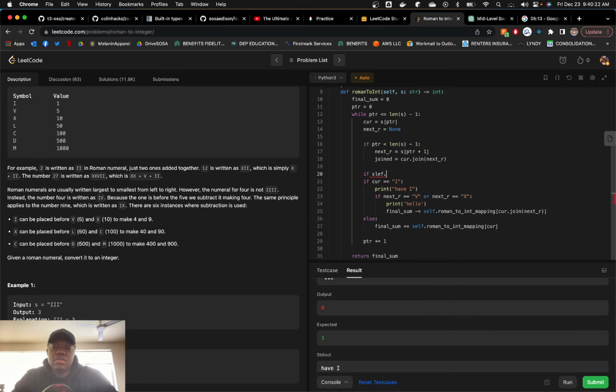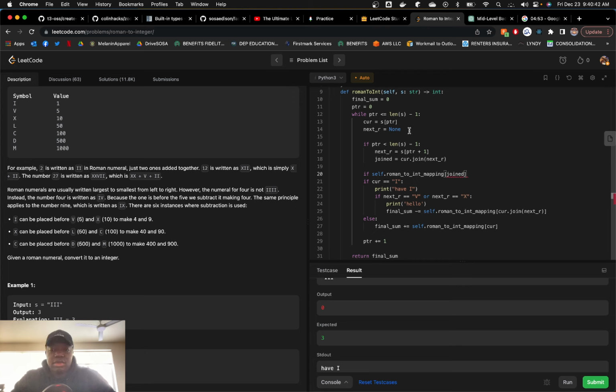My thought process here is that if we can actually just create the pairing and look it up, then we can just add the pairing. We don't have to do manual subtraction. So I'm thinking we look up the joined,